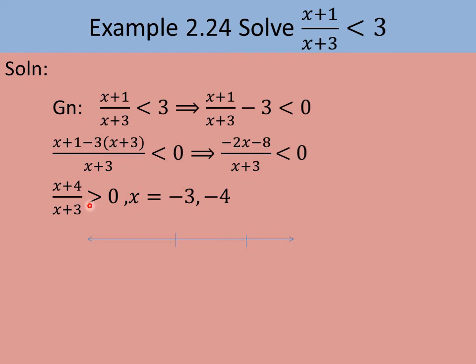Now what you want to do is equate each term to 0. This x value we are finding for drawing the real line, for plotting on the real line. So you equate each term to 0. x plus 4 equal to 0 means x equal to minus 4. Then x plus 3 equal to 0 means x equal to minus 3. Now we can mark these values on the real line. You will get minus infinity, then minus 4, minus 3, infinity. Since we have two values, the real line will be divided into 3 intervals. So minus infinity to minus 4 is the first interval, minus 4 to minus 3 is the second interval, and minus 3 to infinity is the third interval.